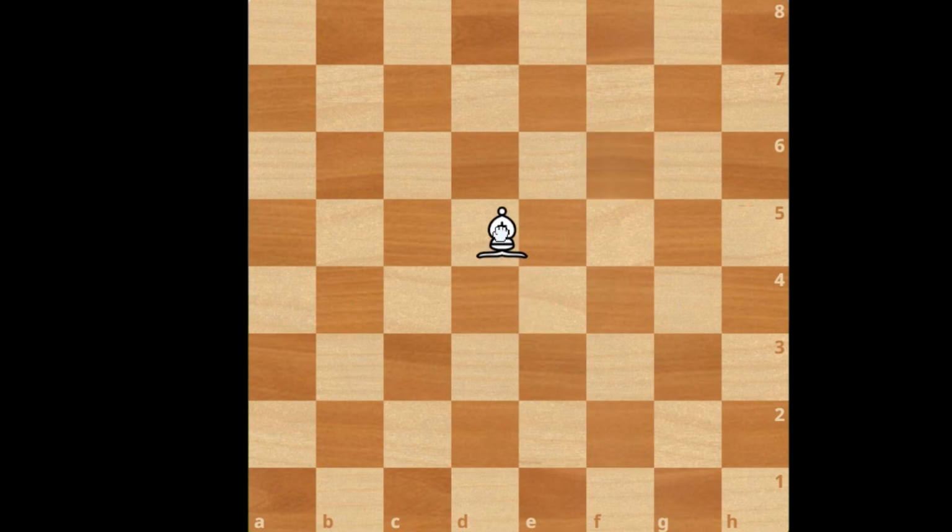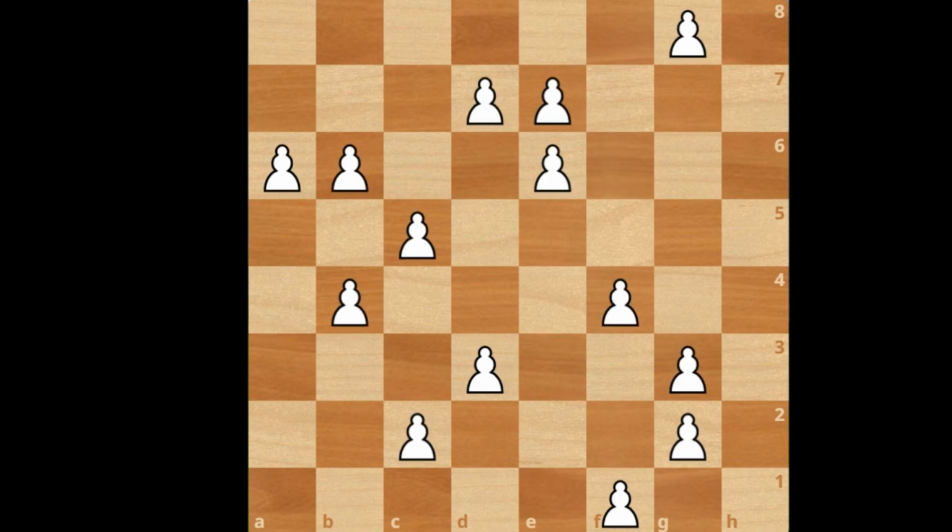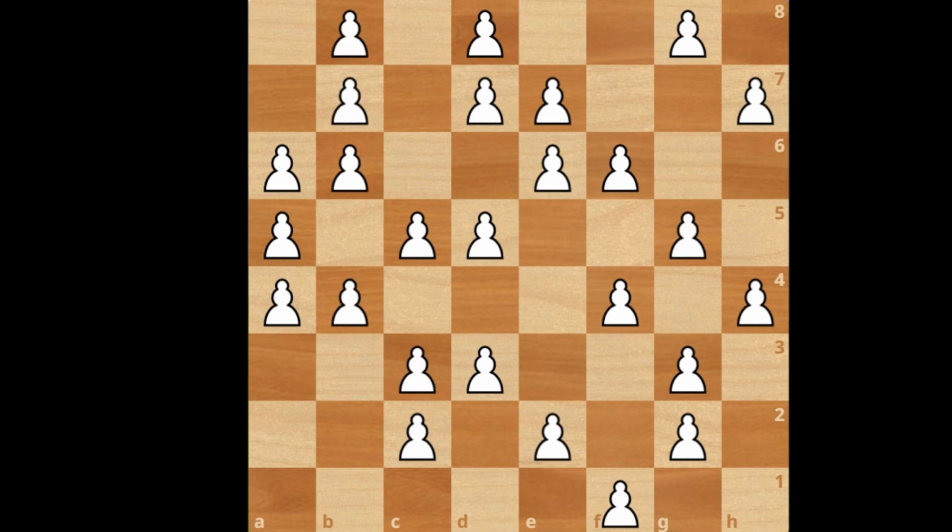Now, let's take a bishop. This bishop also weighs the same amount of points, but there's something much better. There's a slight advantage at times and a slight disadvantage at times of having bishops. If you're in a closed game, a game like this, I'll just put pawns everywhere, like this. You should be able to see that a bishop can't do much.